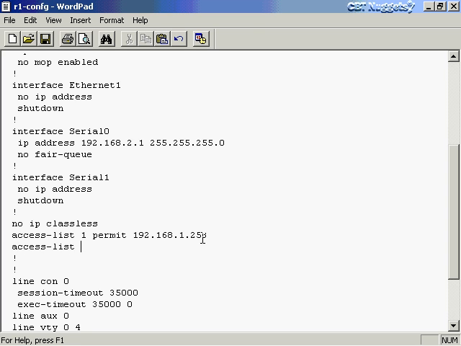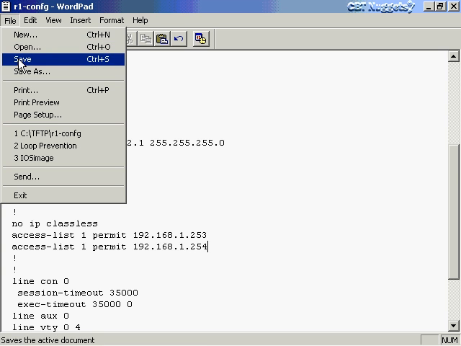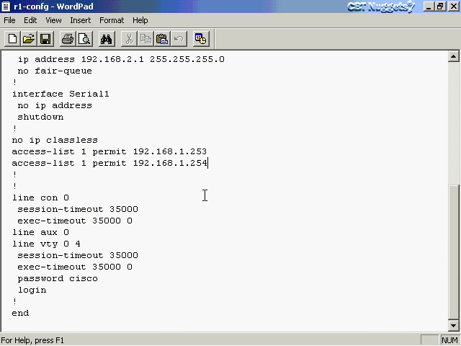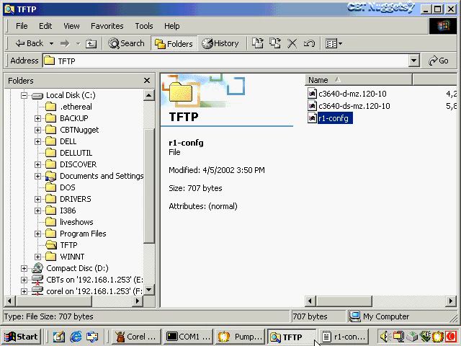Access-list 1 permit 192.168.1. And this time we're going to allow 254. All right, let's save that file. Yes, I want to save it. And then we're going to move along. And what we're going to do this time